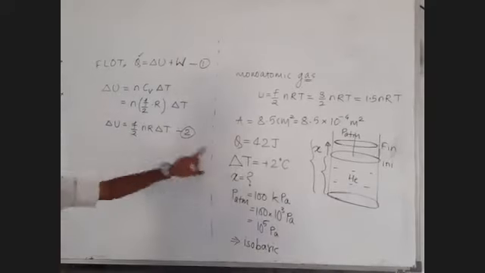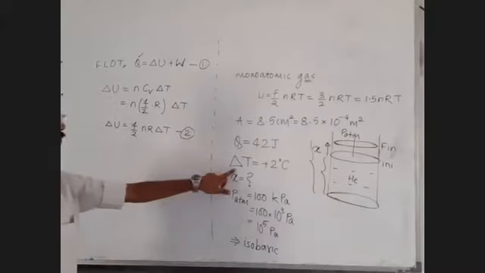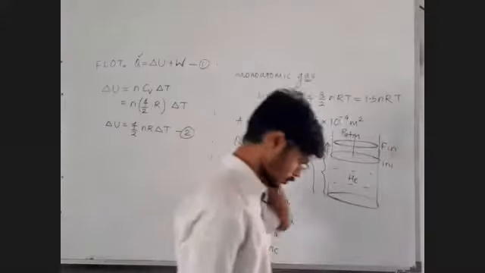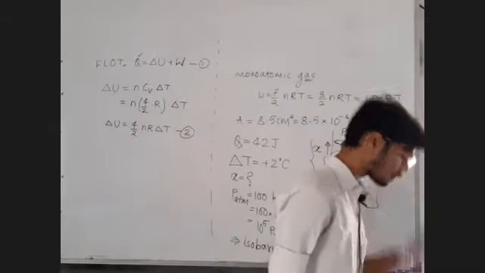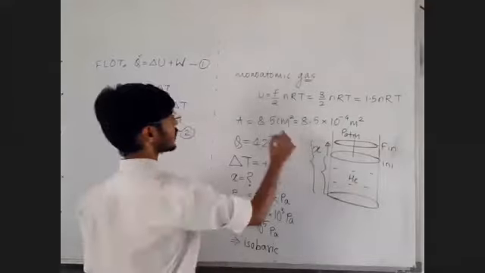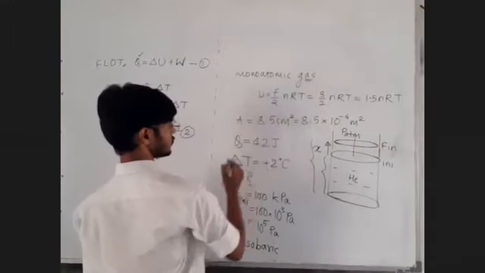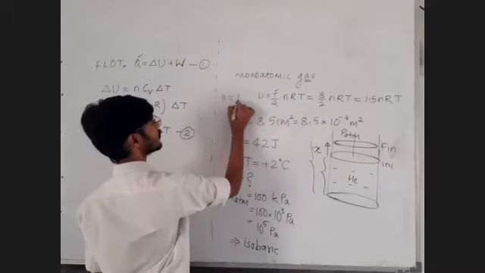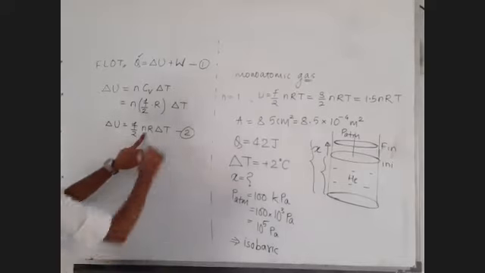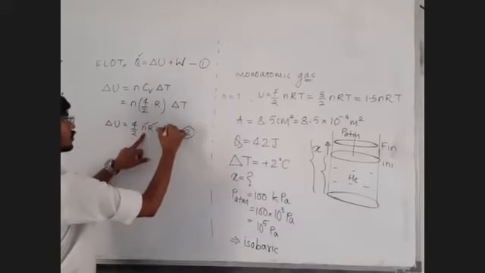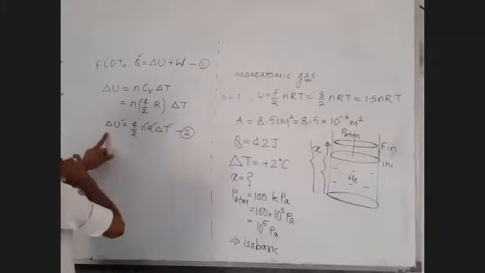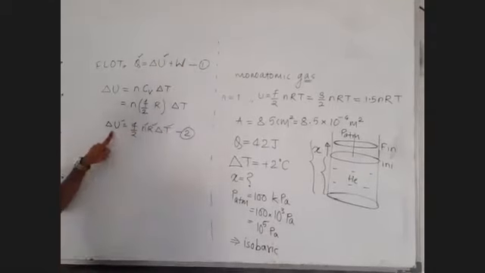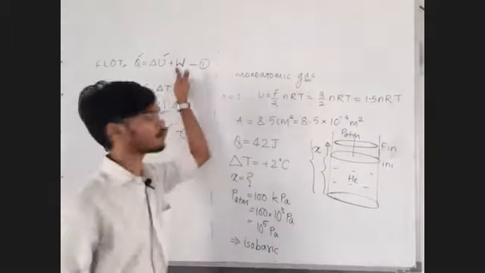Now we have data of temperature difference. Are we given the number of moles? How many moles? 1 mole of helium, right? We are given the data of 1 mole of helium. So let me write it here: number of moles of monoatomic gas is 1. So we are given the data of n. R value we know, delta T we know. So we can know this delta W, sorry, delta U. So from this tick mark, I can say this can be tick marked. So somehow I can get the value of work done.